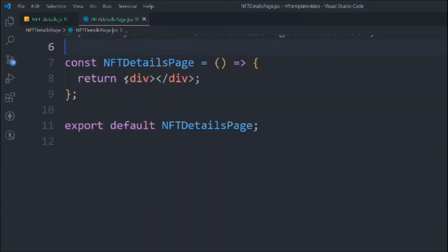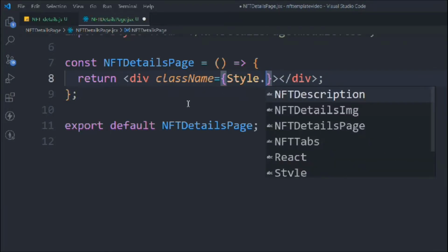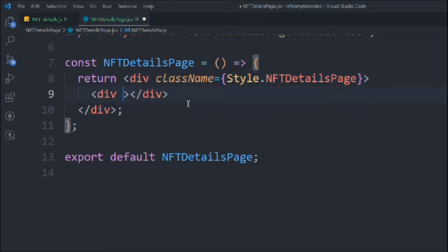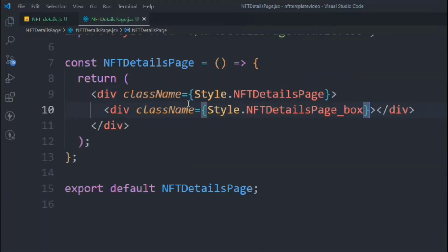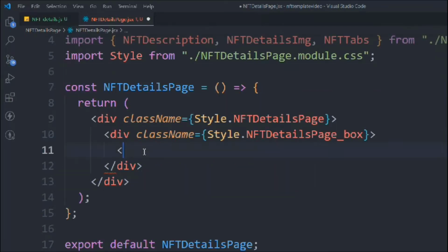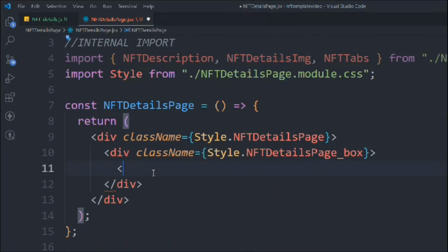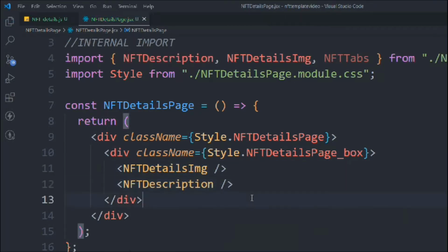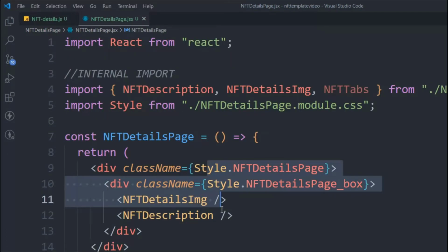Now we'll take a div, and we'll have a class called style dot NFT details page. In that we're going to have another div. We'll have a class called style NFT details page dash box. In that we're going to have these components. Simply copy that NFT image one, and we'll simply call the second component, this is the description. So we'll have these two components here in this NFT details page,